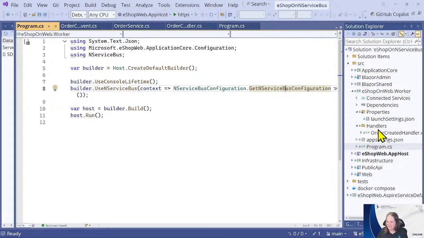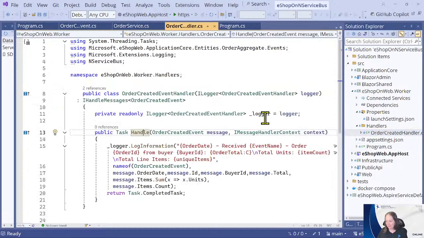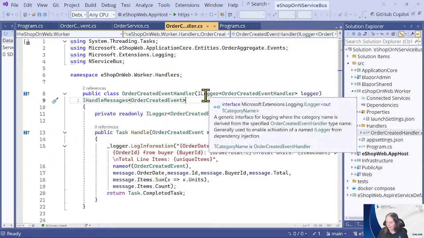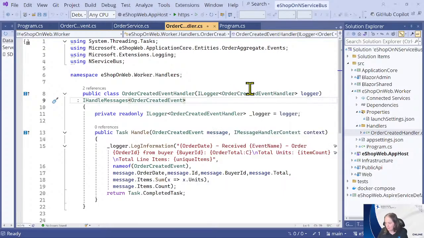Where's it getting handled though? In this particular demo, I have a handlers folder. If we look at the handlers folder, here's our handler. Things to note with the handler: I'm passing in a logger because I log all the things for a while until I'm more confident in what it's doing. But there's this IHandleMessages. IHandleMessages plus the message type helps because then it knows, okay, anytime I have an order created event, based on all the routing I set up with my NServiceBus stuff, I will find a handler that's going to be able to handle this event type. And that's what this one does. And so what does it do?